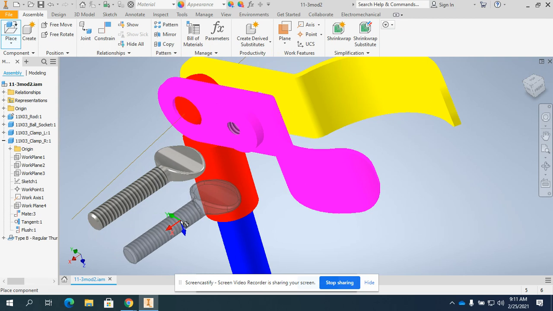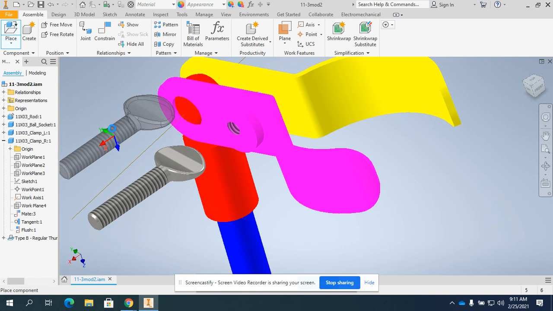Now, once again, before you finish this tutorial up, double check the directions to see exactly what type of thumb screw was in place. But it's the same process. Once again, you're going to go to place from